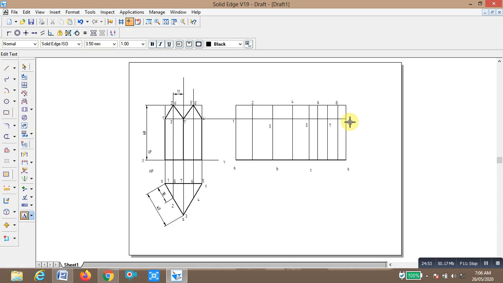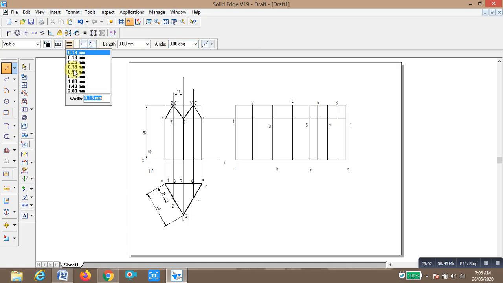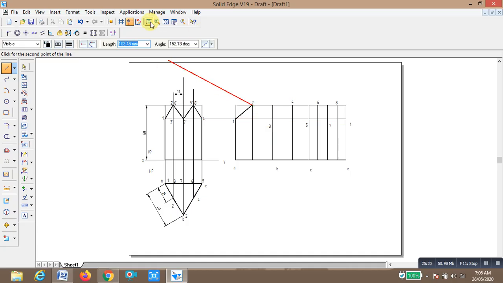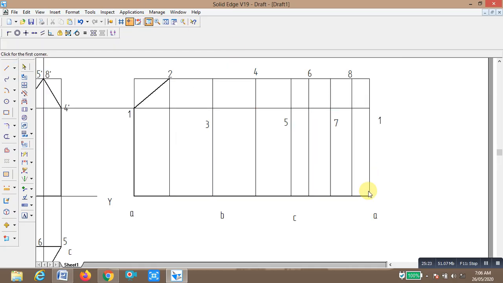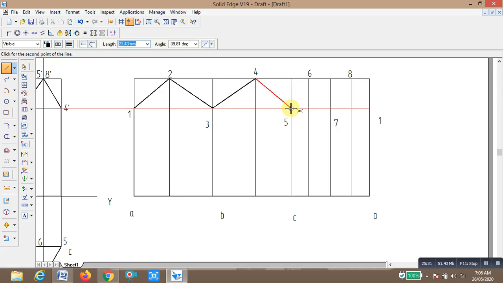Okay, you select from this end here to here, again it is bold, this point, you select number 2, the intersection of these two, you zoom in somewhat. The intersection of this is 3, this is 4, this is 5, this is 6, this point is 7, this point is 8, again 1, and close this.